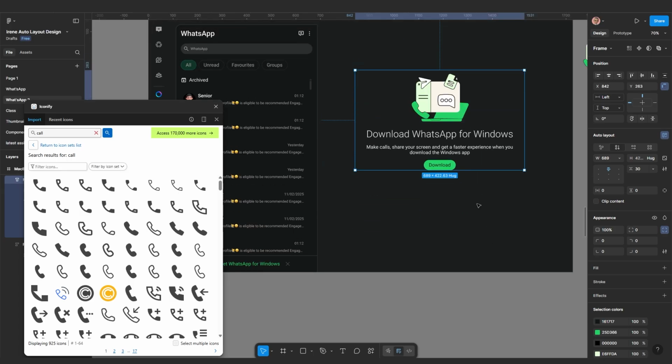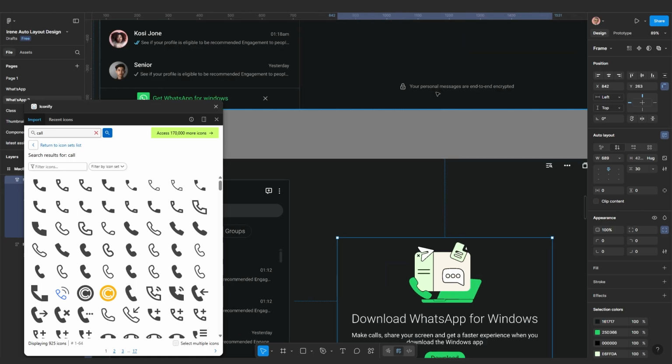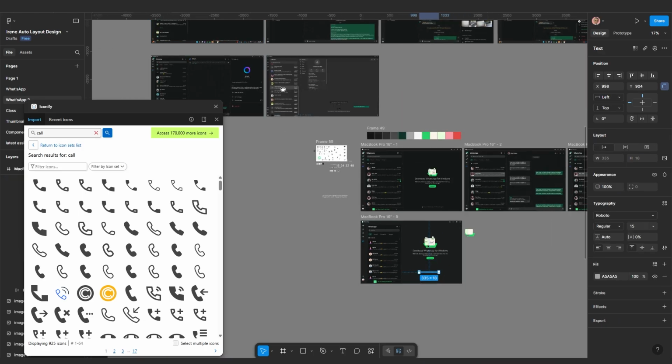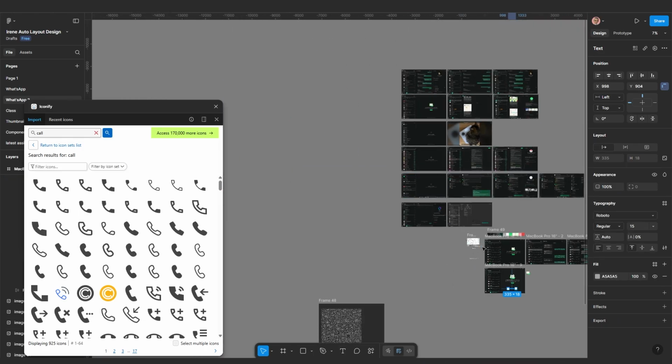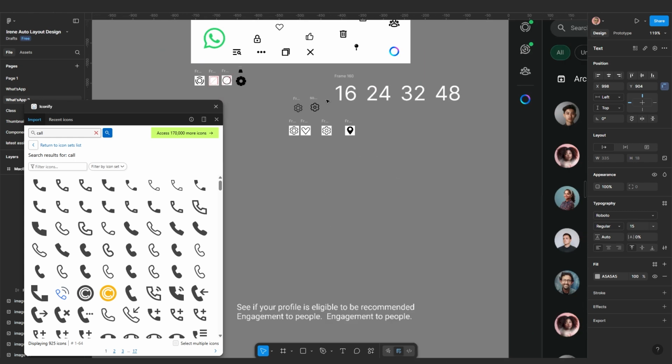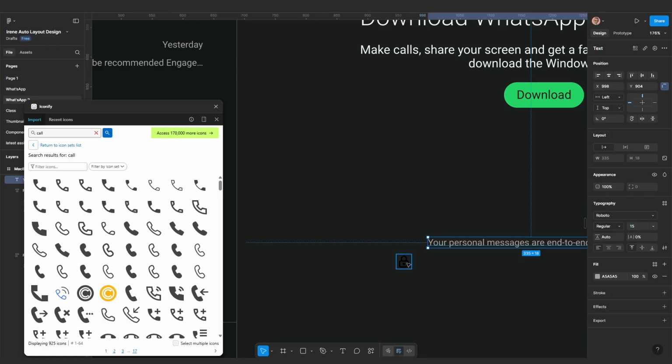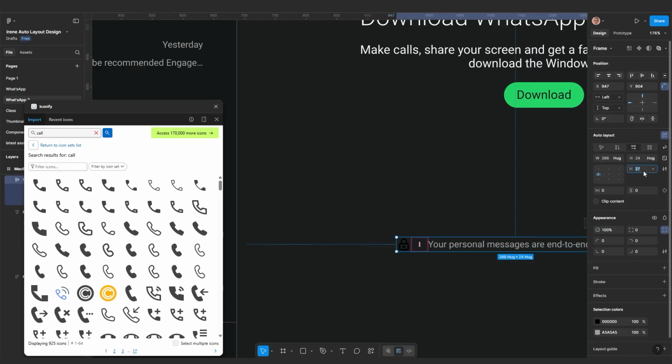Okay, the last one that we are going to do is this one here. Your personal messages are encrypted. Select the text and come here to our icons, and we have this padlock here. Move it here, select this one, Shift A, make the gap something like 10, and Ctrl C, Ctrl V, just